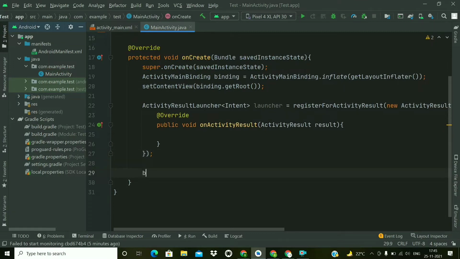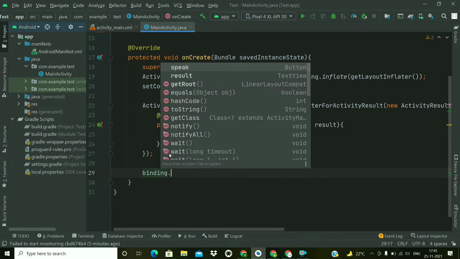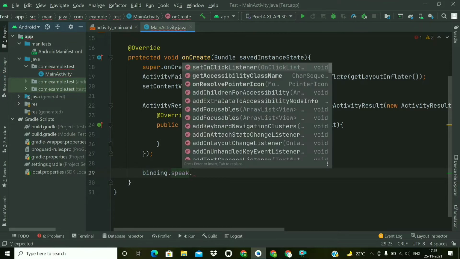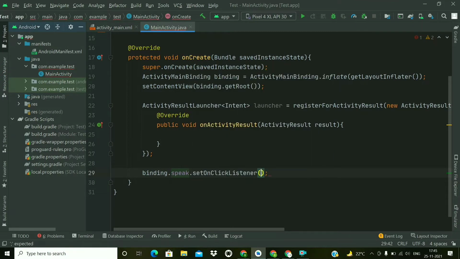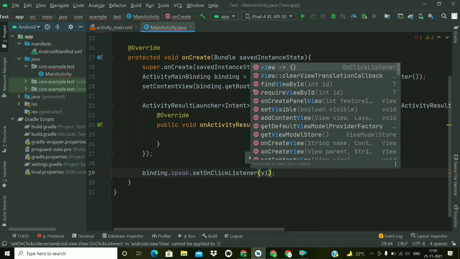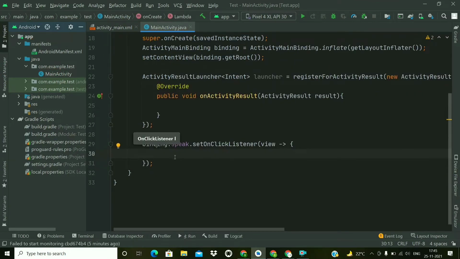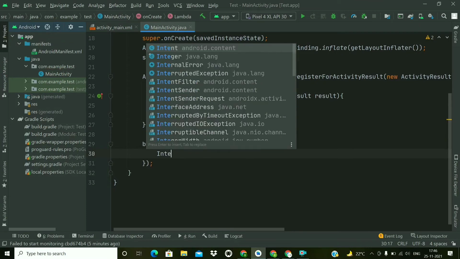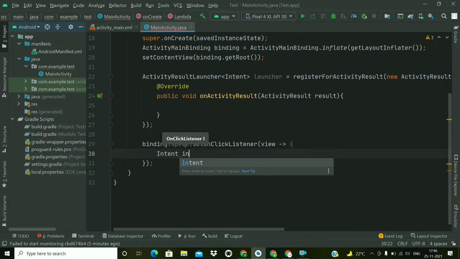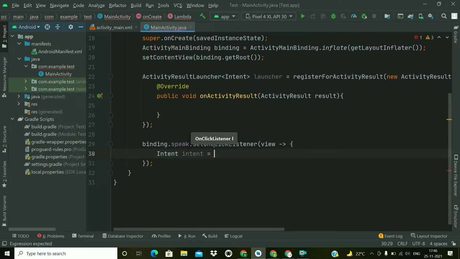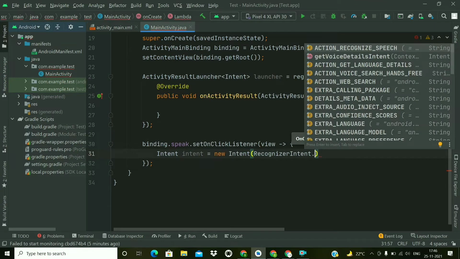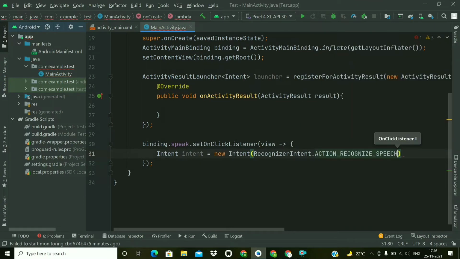Now we will add an on-click listener to the button. So binding.speak.setOnClickListener, and I will use the lambda notation for the click listener. We have to create the intent for speech to text. So create the intent with RecognizerIntent.ACTION_RECOGNIZE_SPEECH.